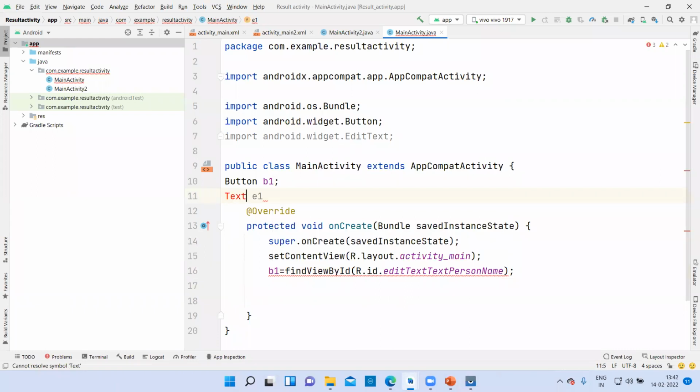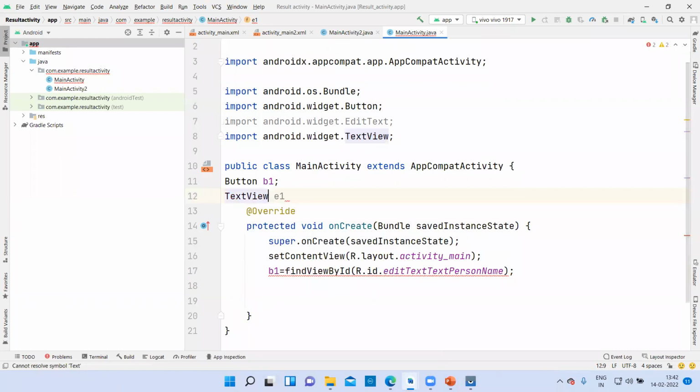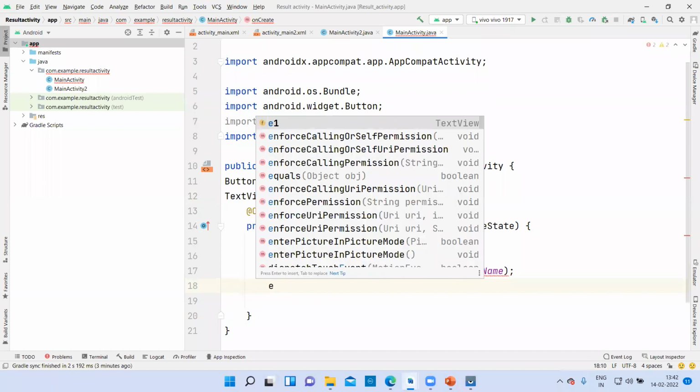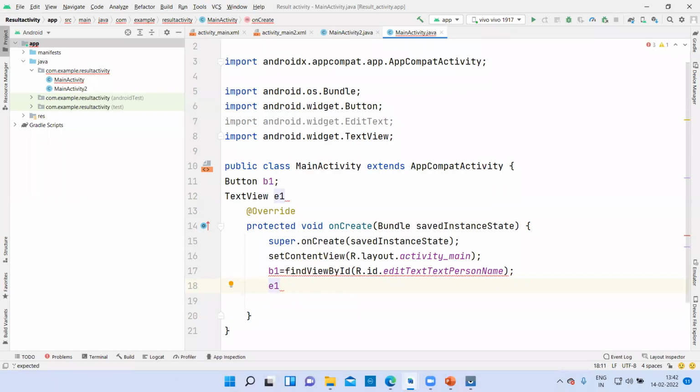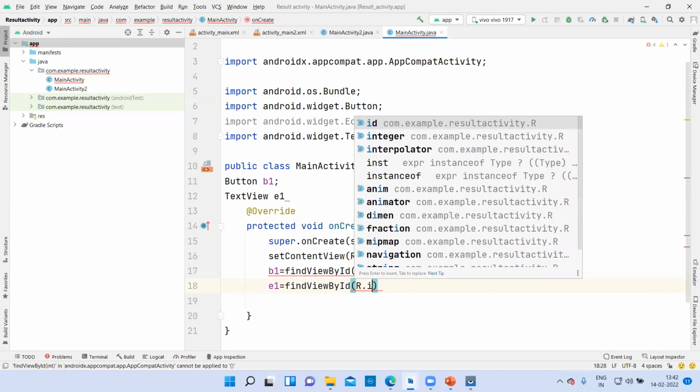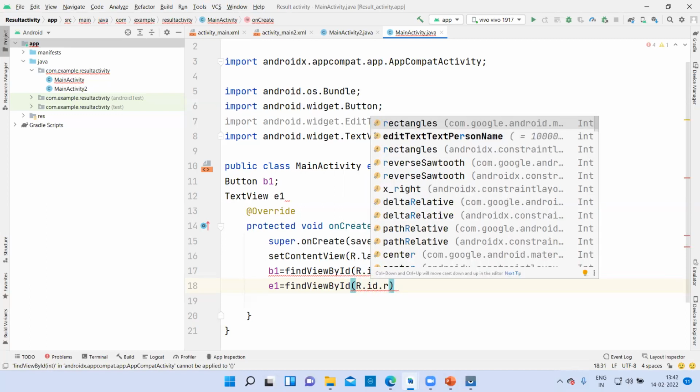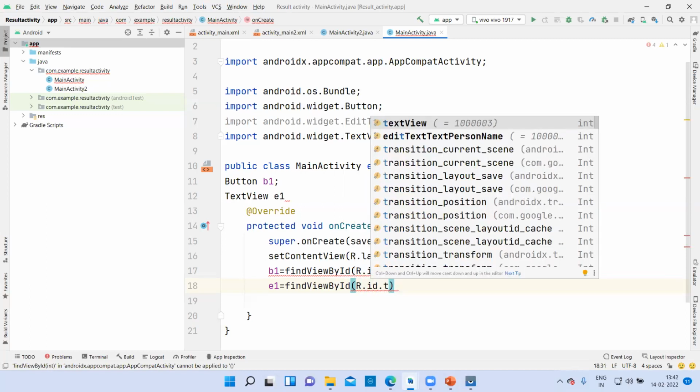Then E1 is equal to find view by ID R.id.text view. It was text view because we have not imported anything. So it is there.